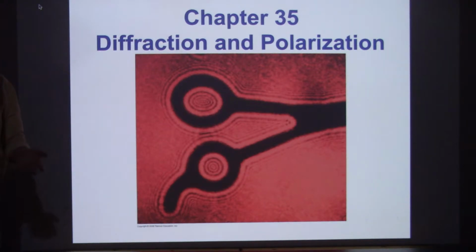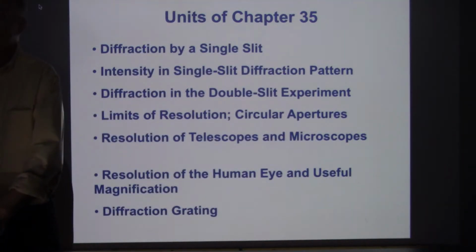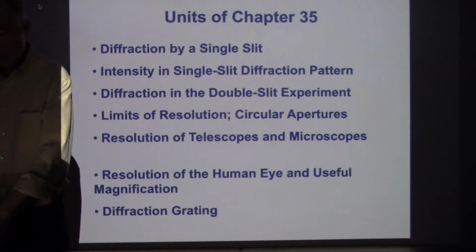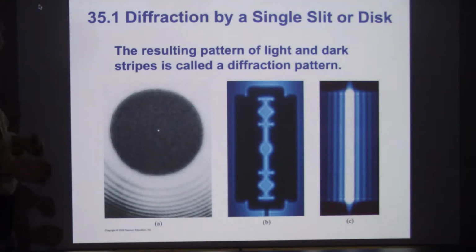polarization. You guys are familiar with Polaroid sunglasses, and polarization is a very important property of light. And it's not actually interference. It's a separate topic, kind of an add-on. It wasn't clear where to put polarization, so they added it on at the end of chapter 35. So these are the topics that we're going to be looking at, and let's just go ahead and get started